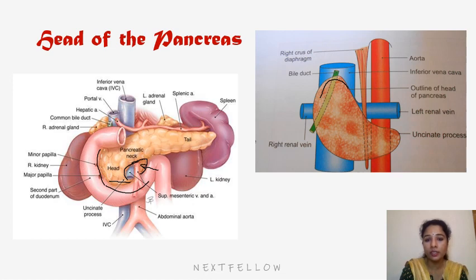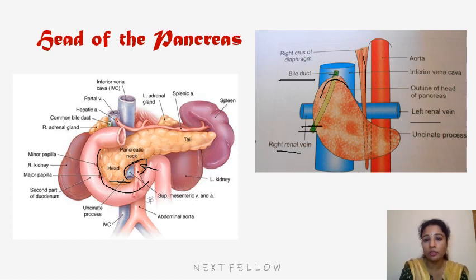So here is the right renal vein on the posterior aspect, and the right renal artery, and also left renal vein as well. So you can see the right renal vein, left renal vein, along with the right renal artery on the right side. And we can see the bile duct which is related on the posterior aspect, and